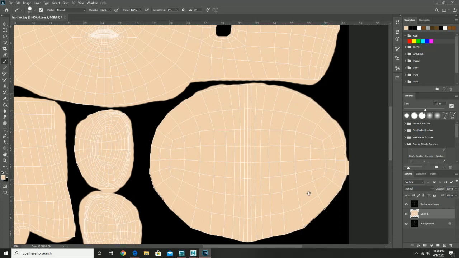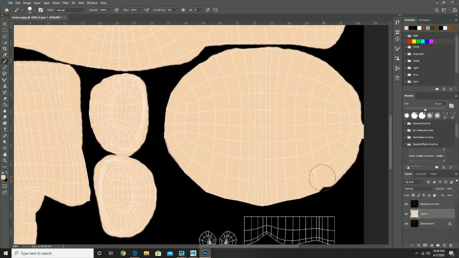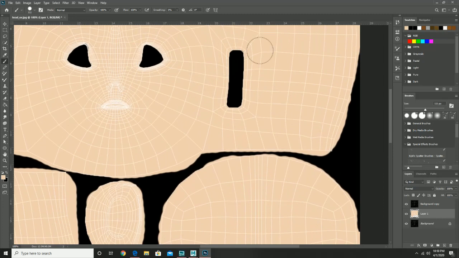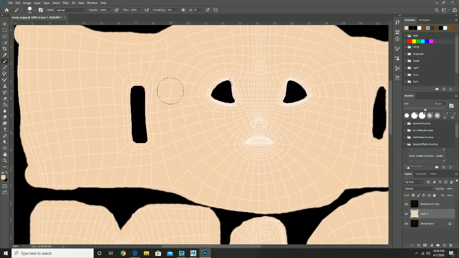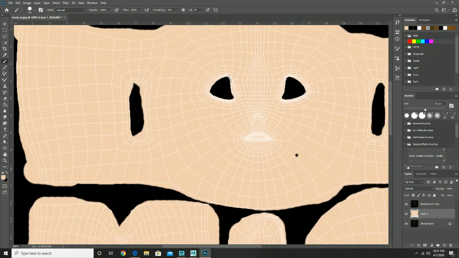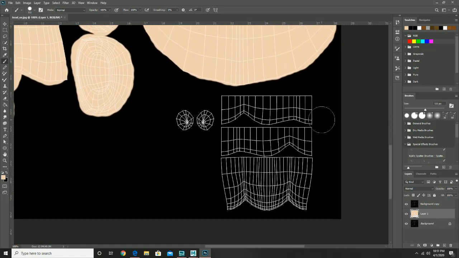Now, try not to go too overboard if you can. There's another way you could approach this too, which I'm going to show very shortly, in case you don't want to have to do all the selecting that I had to. Okay, there we are. Okay, the other way that you could approach this, if this isn't your cup of tea, so to speak,